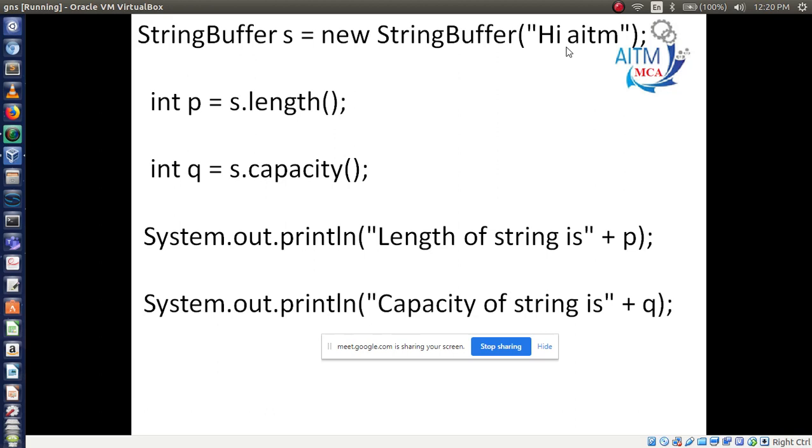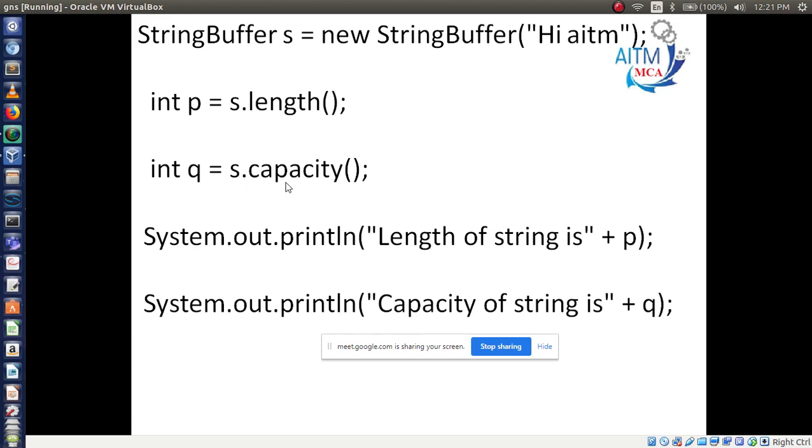So the total number of characters is 6, but there is one white space between "Hi" and "AITM". After "Hi" we have one space, so it is 7. So the total number of characters is 7, and that is nothing but the length of the string. Now what is the length of the string? 7.